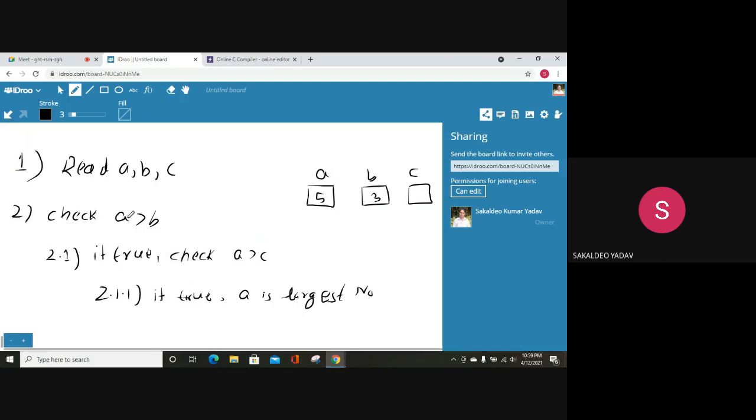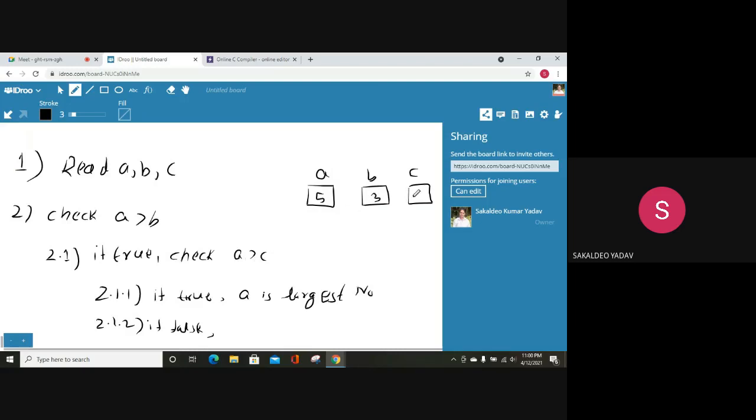But if a is greater than c is false, that means a is greater than b is true and a is not greater than c.